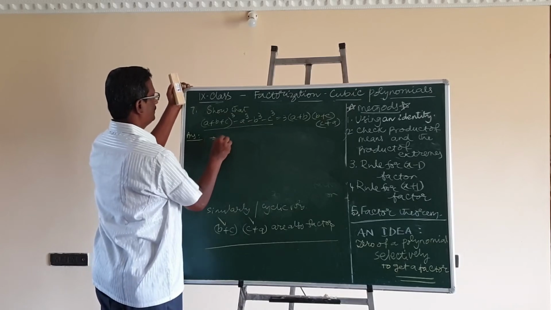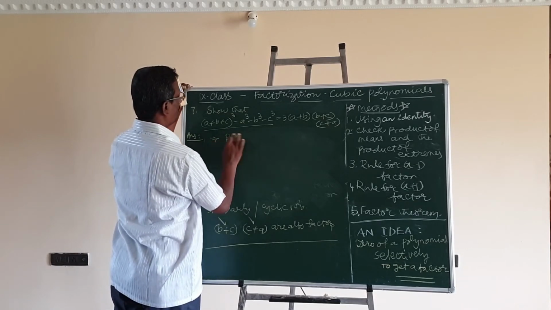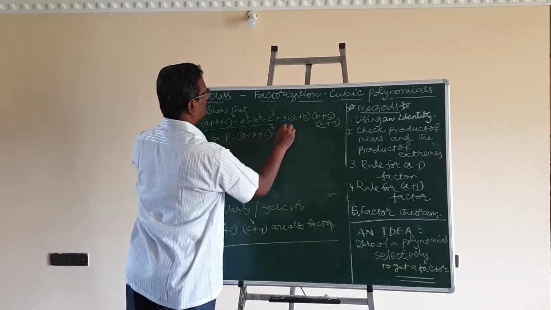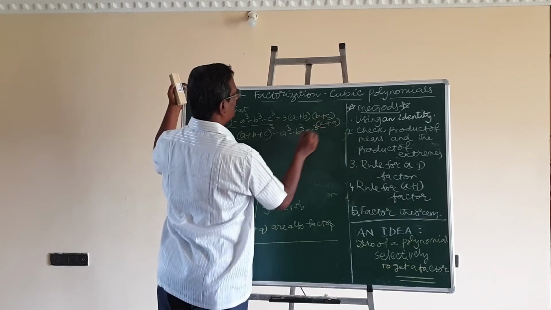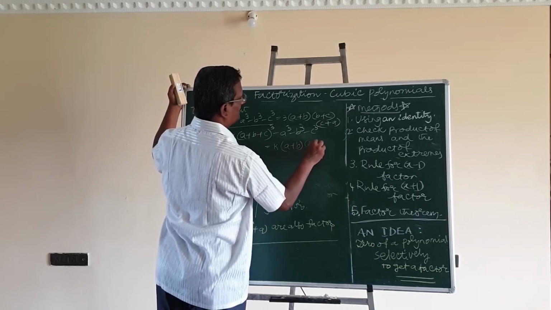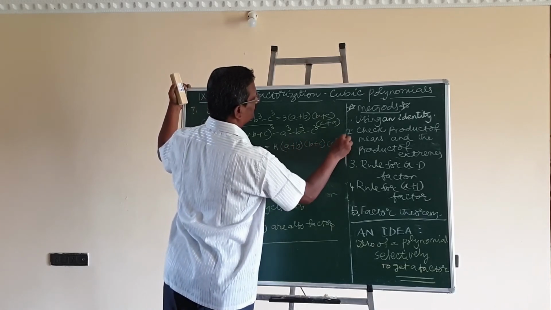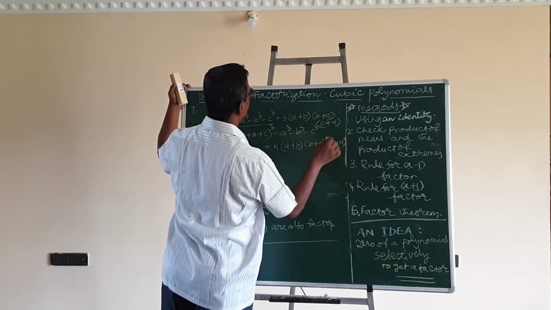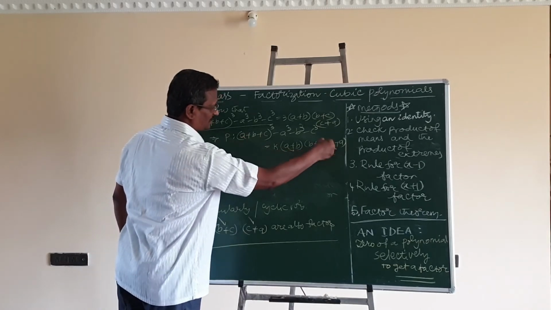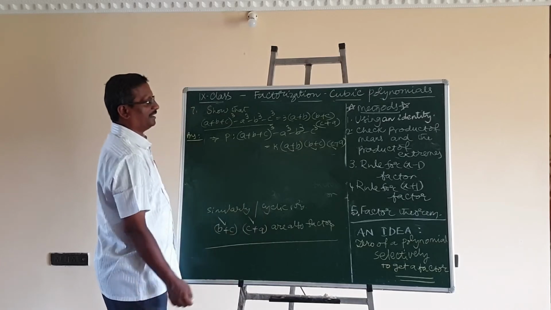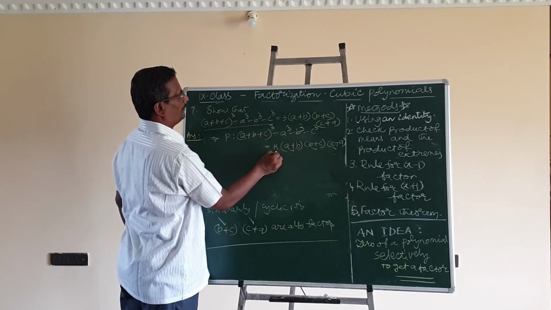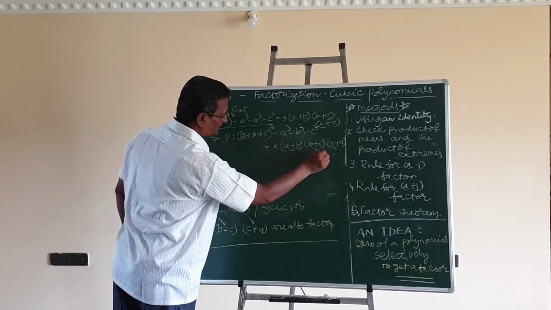This implies polynomial a plus b plus c whole cube minus a cube minus b cube minus c cube is equal to some constant k into a plus b into b plus c into c plus a. This is a factor, this is a factor, this is a factor. The three factors of writing, there may be a constant as one of the factors of the polynomial. Therefore, this polynomial is equal to this one.